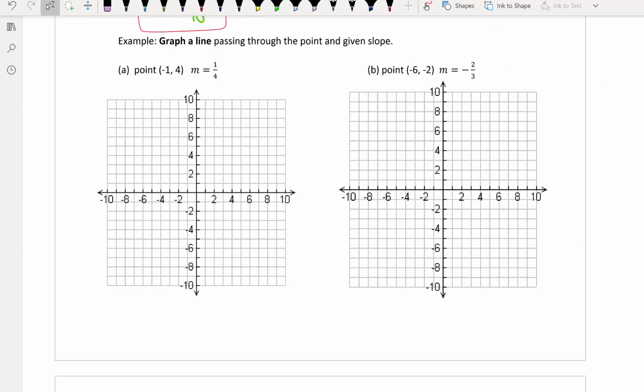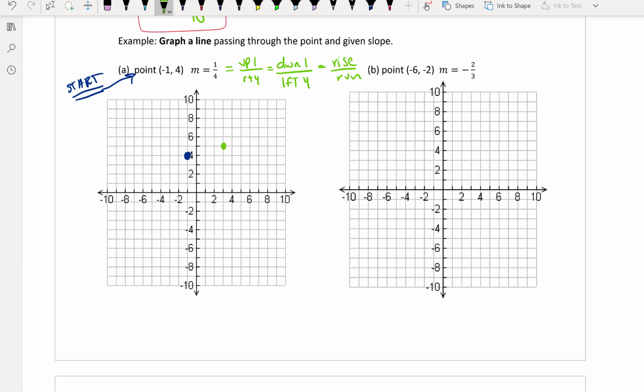Now, for the next example, it wants us to graph a line passing through the point and given the slope. So whenever we want to graph, we are going to start at the point. So that is going to be the first thing that we do. So we're going to start at the point negative 1, positive 4. So there's my point. Now my slope, what this is telling me to do is to go up 1 and to the right 4. Or I can go down 1 to the left 4. Since this is talking about my rise over my run. So if I went up 1 and to the right 4,